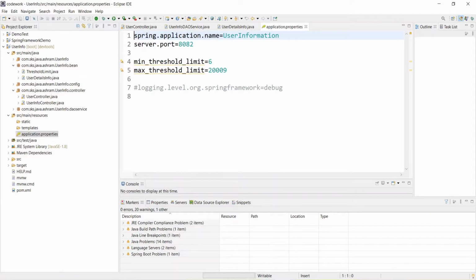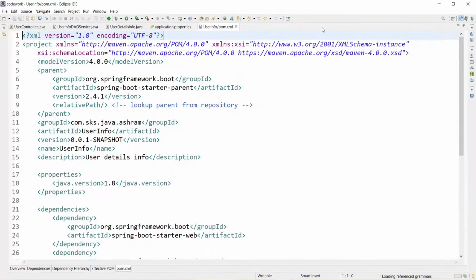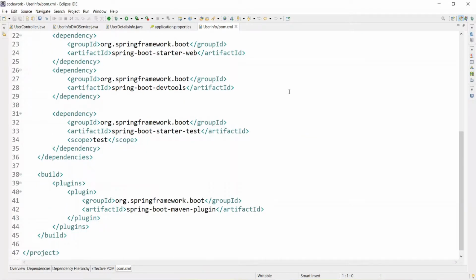Okay, so let's start configuring the H2 database. In Spring Boot, configuring the H2 database is very easy. You just need to add the dependency and see the magic of how Spring Boot auto-configures all the configuration. So go to the pom.xml, and here you need to add two things: first is the H2 database dependency, and another is the Spring Data JPA dependency that we are going to use.